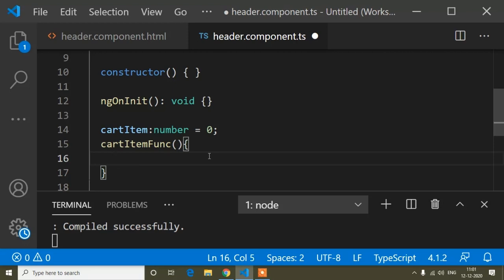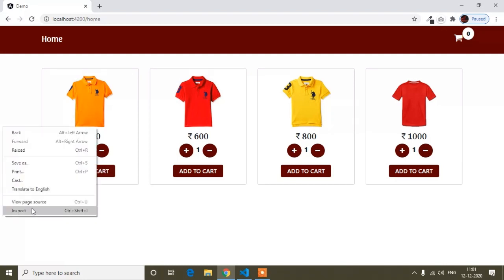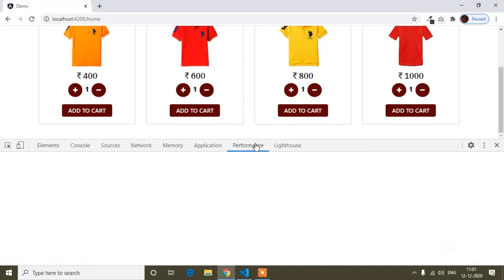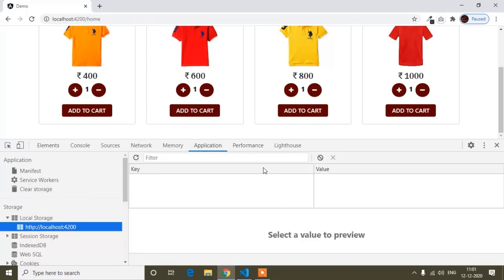So first of all, I will open the local storage, and then it will be easy to show here. Guys, you know how to open local storage, because I showed you in the previous tutorial. If you haven't watched my previous tutorial, go to the playlist, and there you will find Angular shopping cart, the playlist name. You have to watch all the tutorials step by step, otherwise you may get confused. So I suggest please watch my previous tutorial.